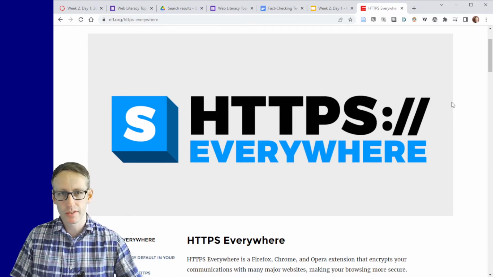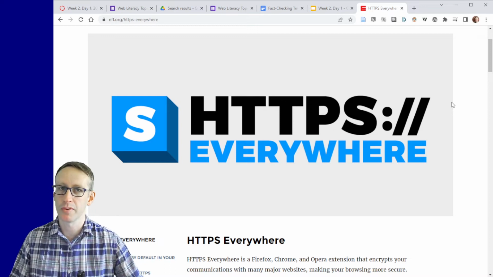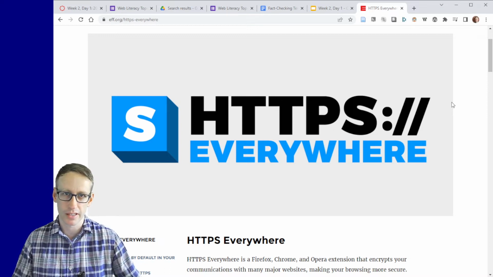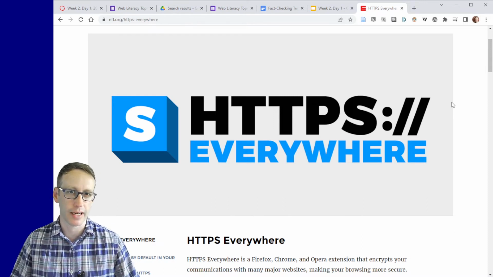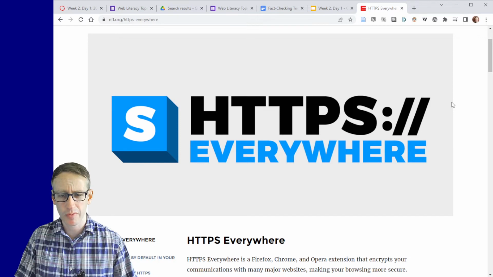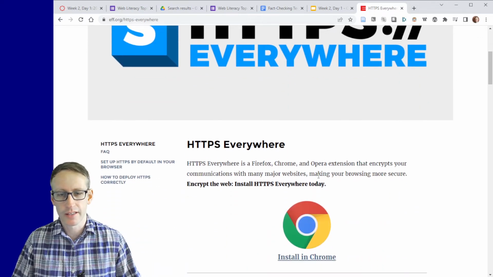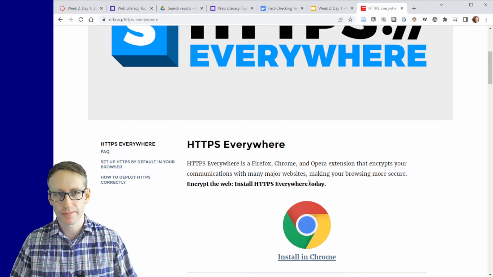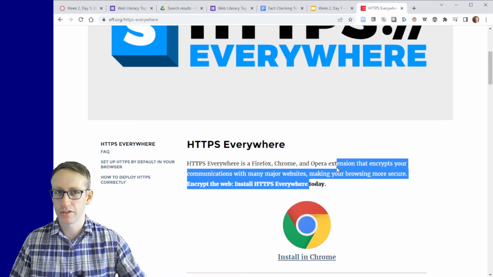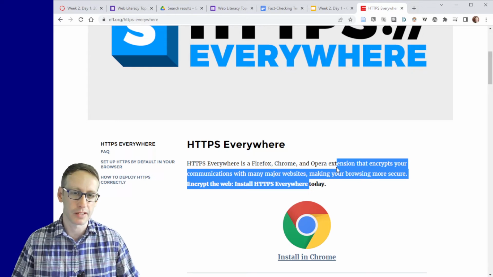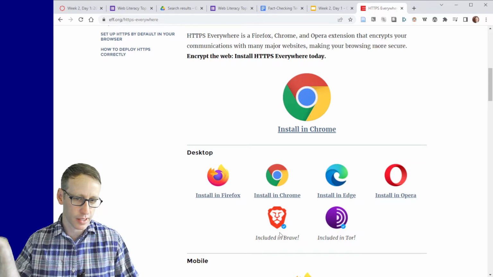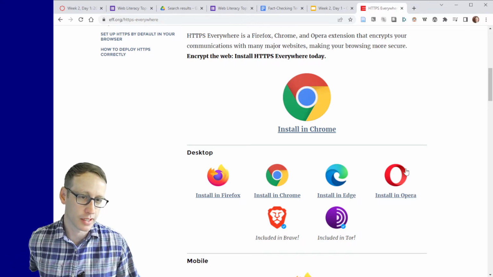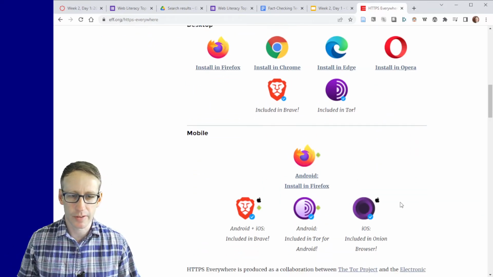The website that you're interacting with is responsible for making a secure HTTPS connection available, and usually they will shift over to that on their own. But the HTTPS Everywhere plugin simply checks for that automatically. It makes this the default anyway, forcing your browser to seek this option before HTTP. So it's a little thing, and it's easy to add. It looks like they actually do have options for Edge and Brave and Tor, even Opera. So it looks like a good way to do it.